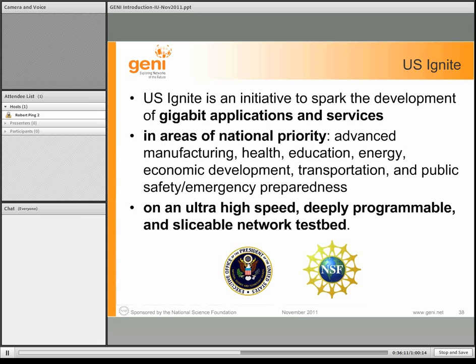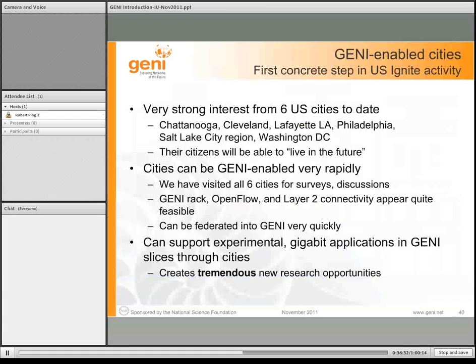What that means is now not only will these high-speed networks be used for citizens, but also GENI experimenters can provide their own services, experimental services. I'm not going to go into the architecture, but there are 6 cities that are very interested. At the last GEC, there were people from the city,